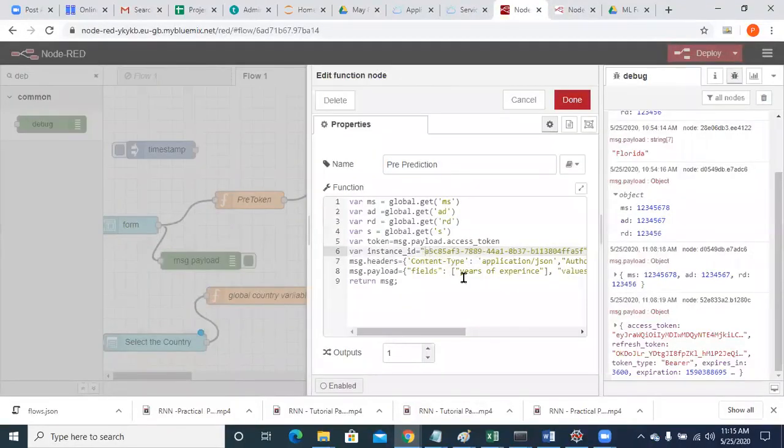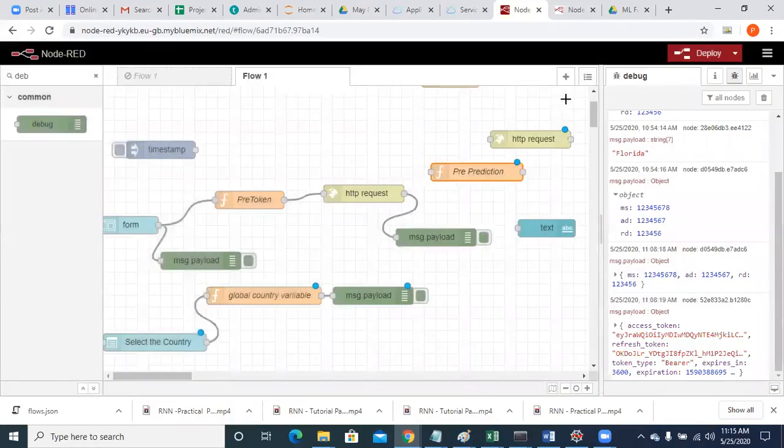Remove this instance ID, and paste your instance ID over there. Done. Just connect this and also connect this.